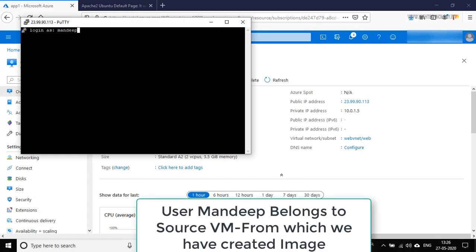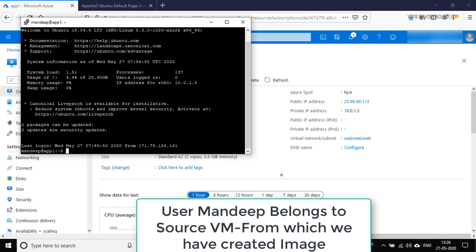We had created the user Man, but now we are logging in with the user Mandeep. You are able to see that we are successfully able to log in to our server with the username Mandeep that we used on our first virtual machine, from which we created the image.